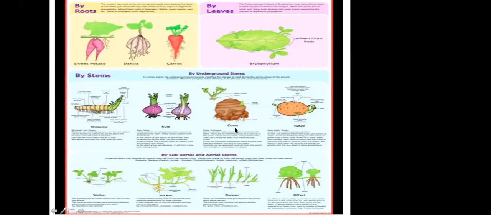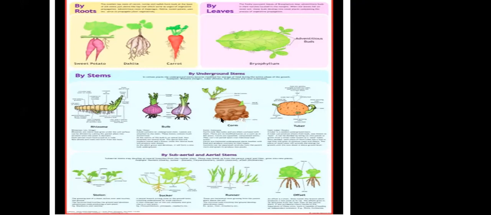Then colocasia develops again with the stem only, so it is called a corm. And in potato, which is called a tuber, you can see on the potato a number of scars which are called eyes. If you leave this for many days, small buds arise on the eyes, and from that a new plant develops. So this is called vegetative reproduction.